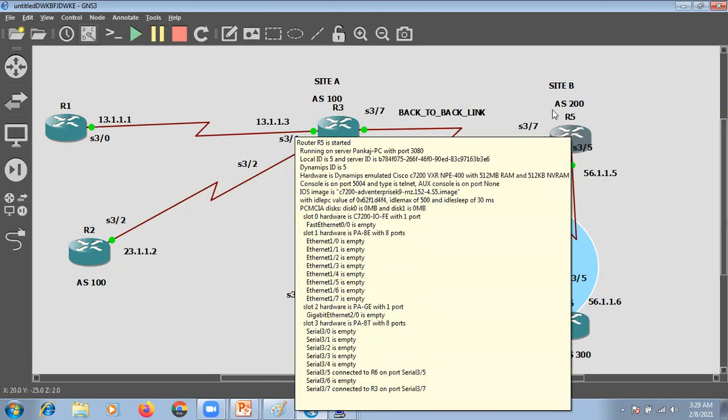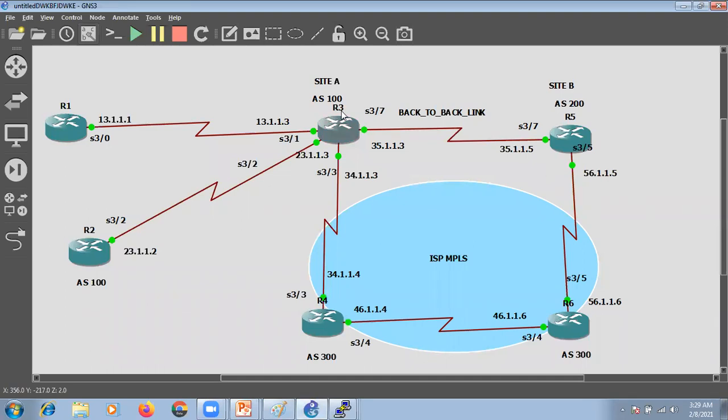So R5 is learning the same route from R3 and R6. From R3, it is learning them as EIGRP external routes. The AD value of EIGRP external routes is 170, while the AD value of the eBGP routes from the external peer is 20.